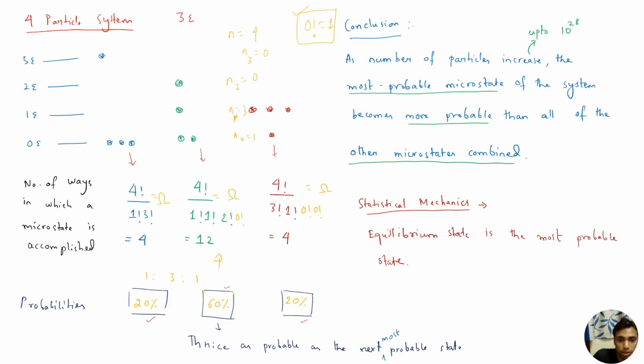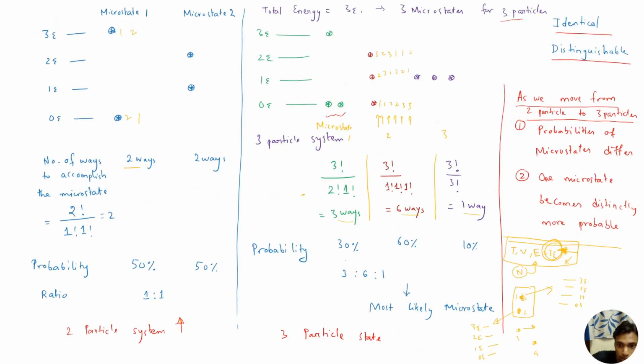As the number of particles increases, the most probable microstate will become more probable than all other microstates. So it is that one microstate which becomes the most probable that is the equilibrium state. So it is one microstate. I hope that is clear. Here, this is the most probable microstate in the three particle system. Which one is the most probable microstate, sir? This is most